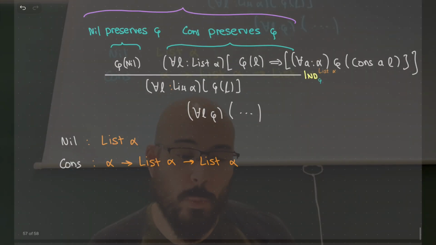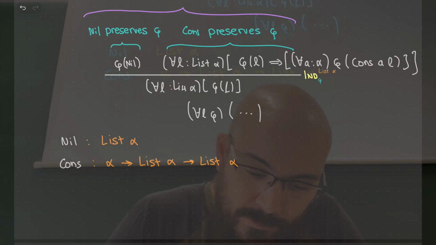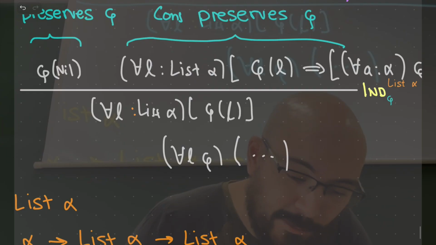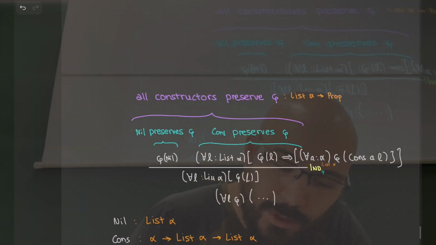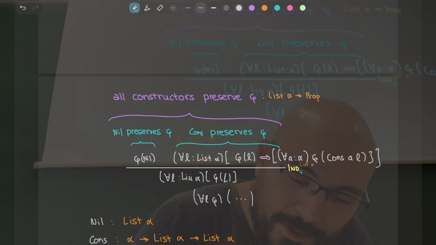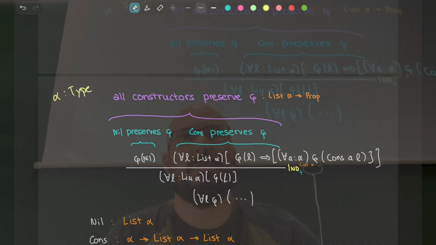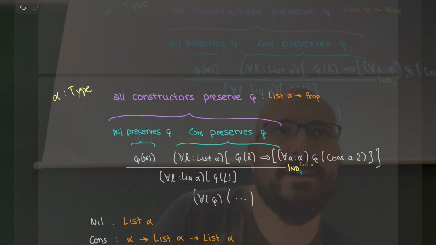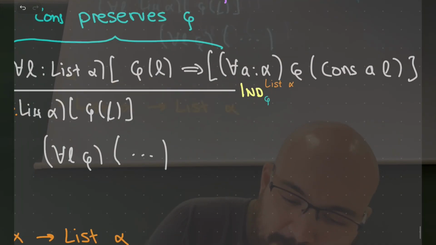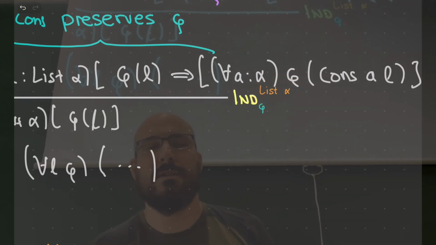It's not list A, it's list alpha. Yes, list alpha. We have an alpha lying around. This is the whole idea. So the whole thing I'm doing in this page is for any type alpha. Is that okay now? No. Because you should have the same problem the moment I wrote this alpha here, right? So, for any type alpha, we have an induction for this type, the type called list of alpha, okay?